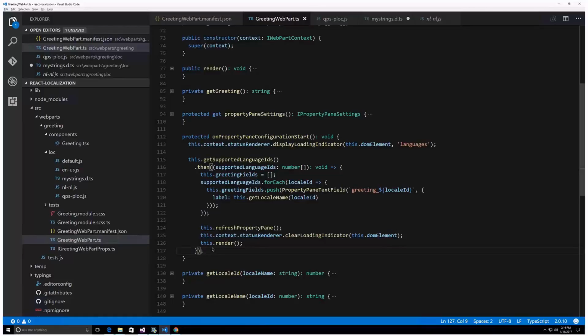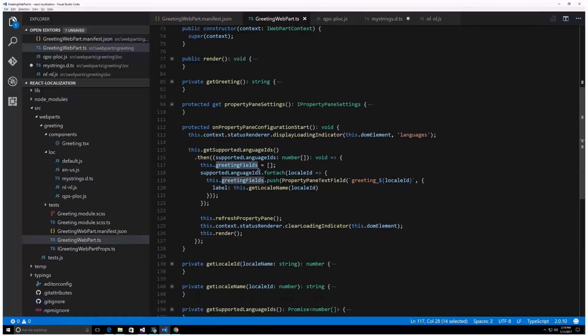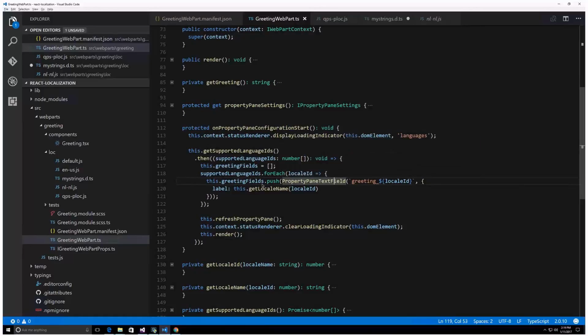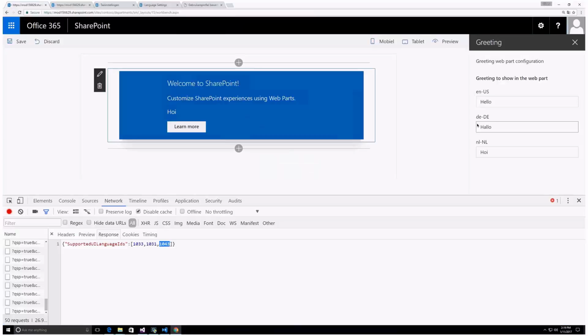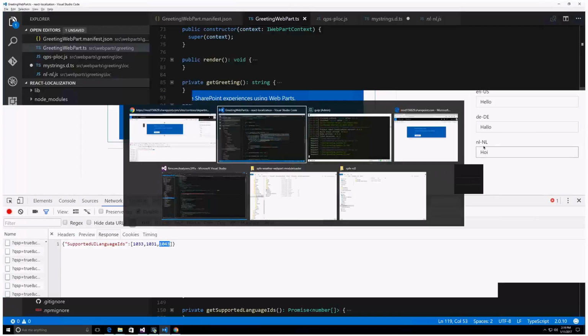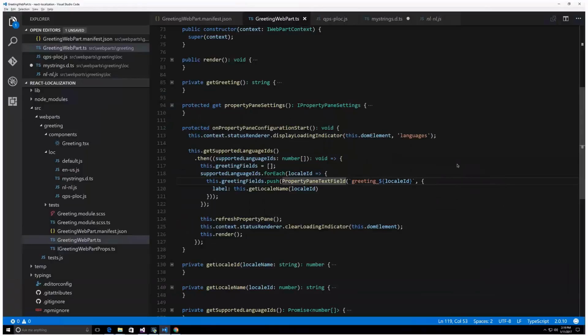Precisely. Right. So then we have the LSIDs, and then for each one of them we create a text field that we will actually show here. So here we have a for each loop, and then for each one we will get a text field that we show here. So we have one for English, German, and Dutch. And what's interesting here is that up front, when we build the web parts, we don't really know whether we have 3 languages, 5, or 10,